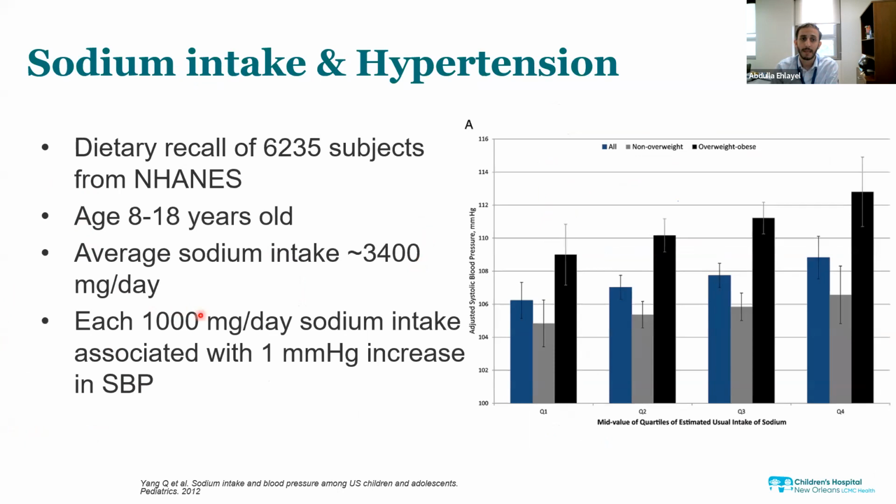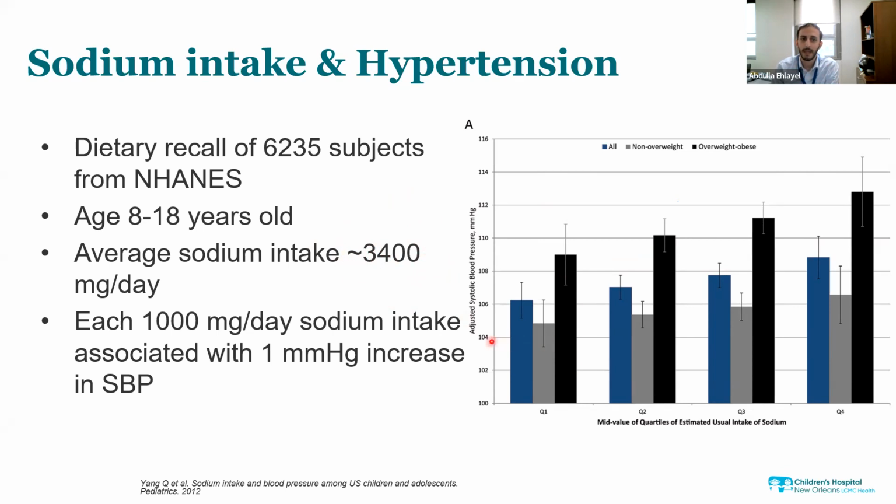And this is on sodium intake. So this is a group, they looked at 6,000 children, again, questionnaire style, 8 to 18 years old. They asked them what they eat at home, and they had their blood pressures measured. And they found on average, here in the United States, their average intake of sodium was 3,400 milligrams. The recommendation is to be less than 2,000, ideally less than 1,500. So on average, children here are eating 1.5 to 2 times more sodium than the recommended intake allowance.